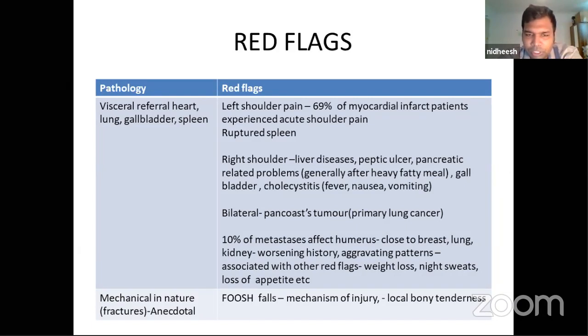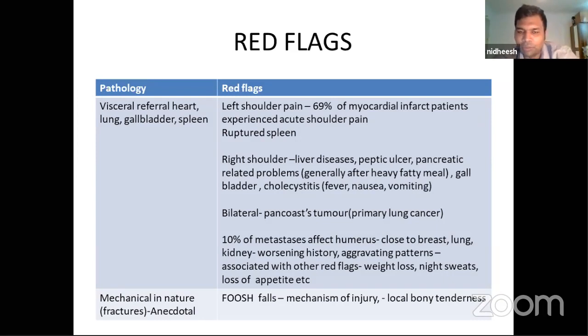And looking down to the next point, the Pancoast tumors, which present as bilateral shoulder pain. Bilateral shoulder pain can also be inflammatory in nature, but if there's any primary lung cancer, considering how close the lungs are to our shoulder, they generally give bilateral shoulder pain. And 10% of metastasis generally affects the humerus, because the breast is closer to the humerus, lungs are closer to the humerus, and also